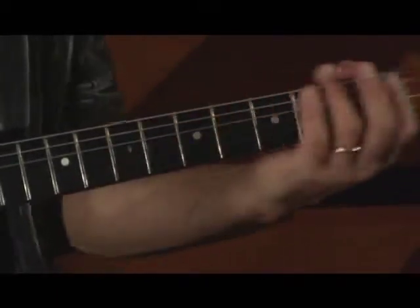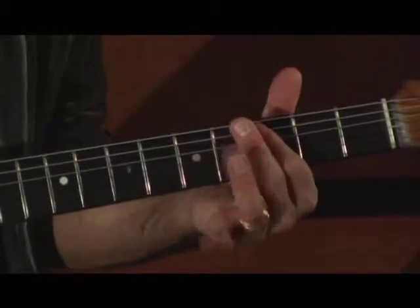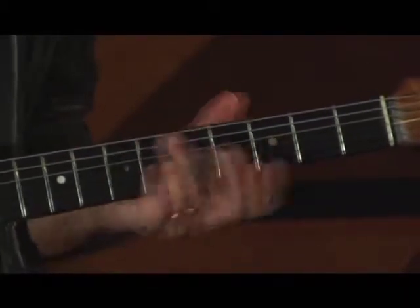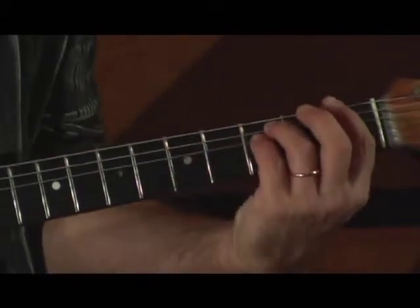So on F he plays, which is sliding up to the major third of F, A, and then he plays a C and an F note, fifth and root. And then for the C chord, basically does the same thing transposed to C, which is the major third of C, E, and then the fifth and root on top there. So instead of playing,